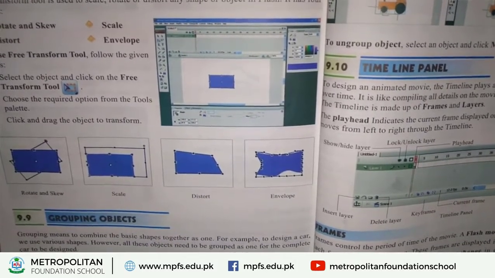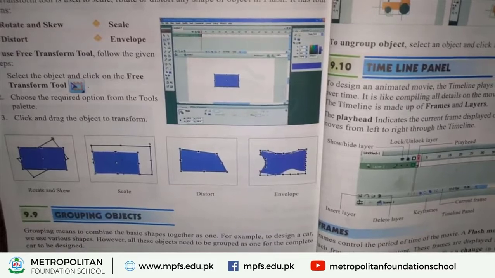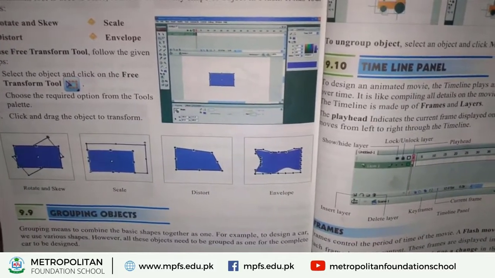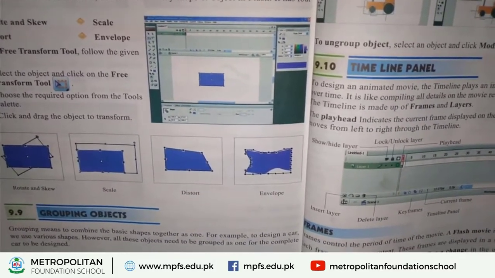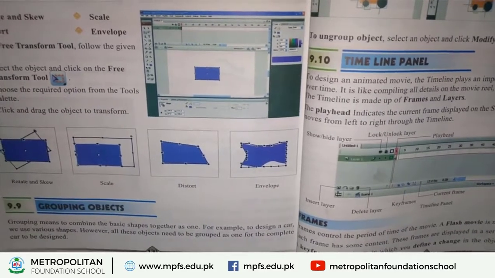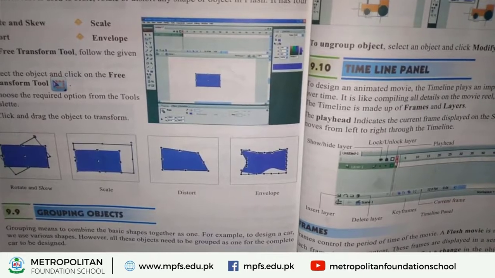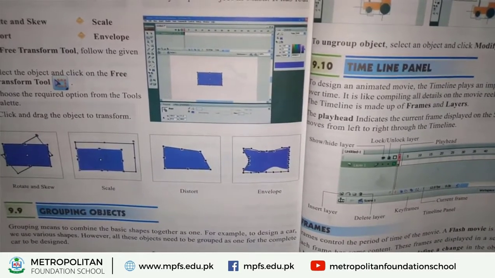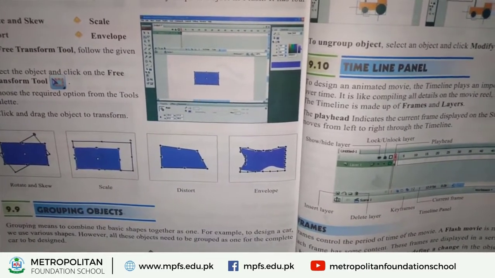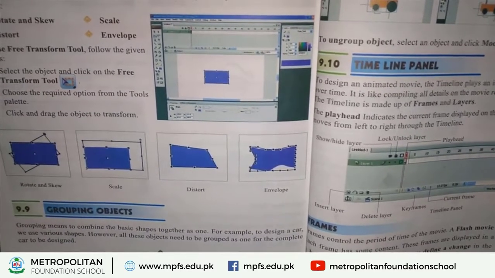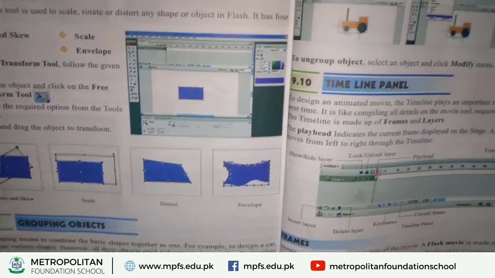9.9 Grouping means combining the basic shapes together as one. For example, to design a car, we use various shapes. However, all these objects need to be grouped as one for the complete car to be designed.